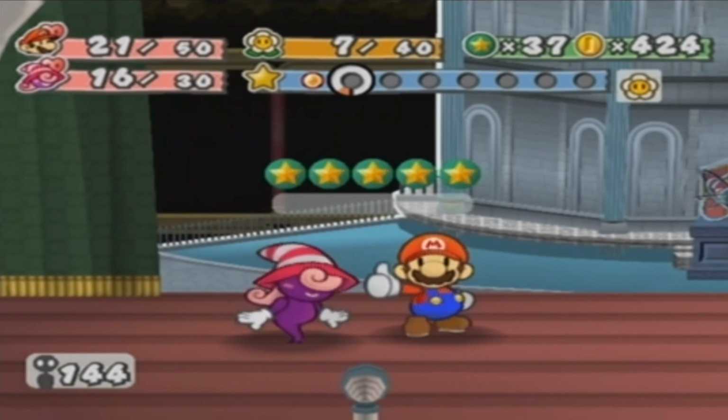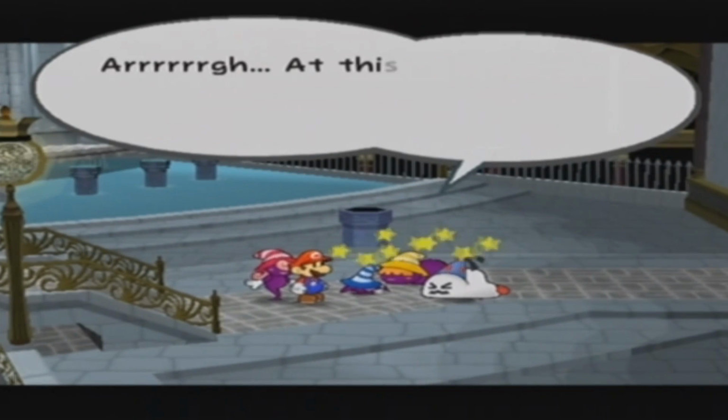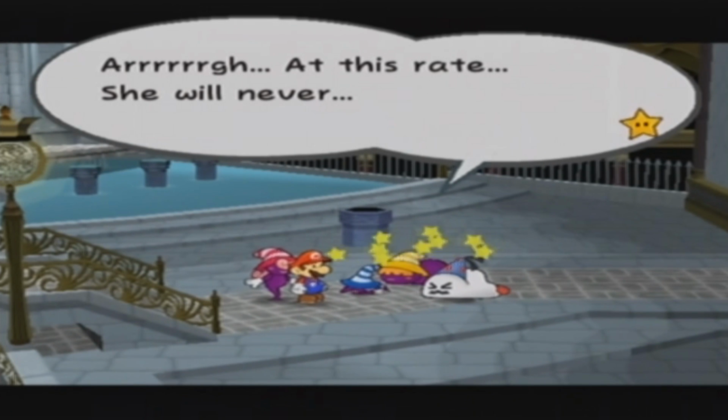Look at that. 51 star points. We took down 2/3 of a mini-boss and a boss. At this rate, she will never...